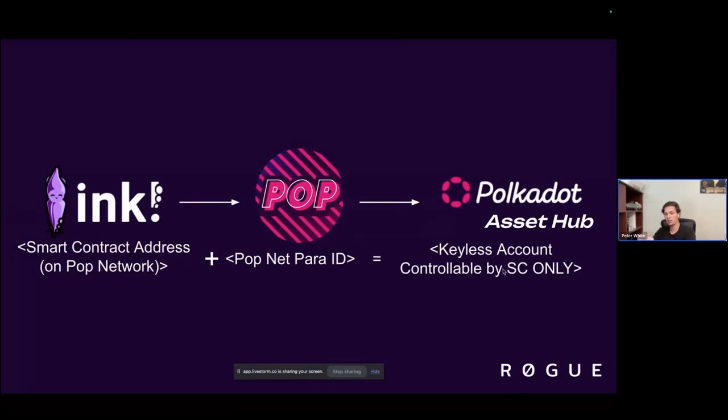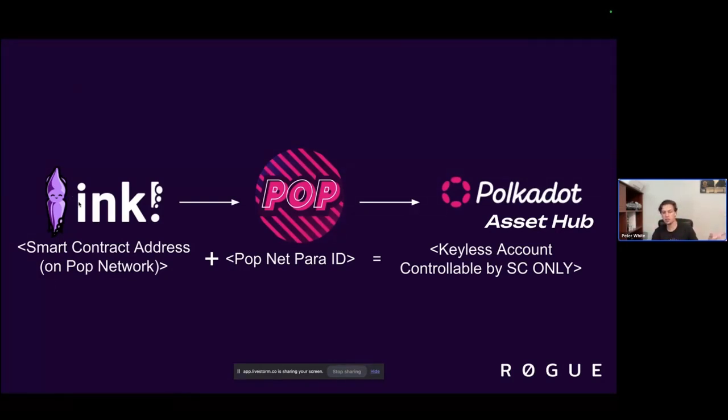And this keyless account is represented on the actual destination chain, whether that's the Polkadot Relay Chain, AssetHub, or wherever else you may want to interact with. What's really cool about this is you now have this keyless account, controllable by the smart contract only, that is actually native to that specific chain. Say, for example, on AssetHub. AssetHub is the thing that holds lots of assets: USDC, USDT, NFTs, and lots of other things. You can actually have people transfer on AssetHub directly to this keyless account address,